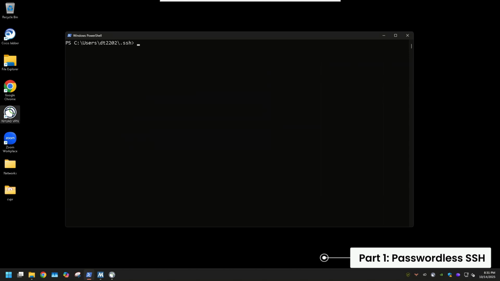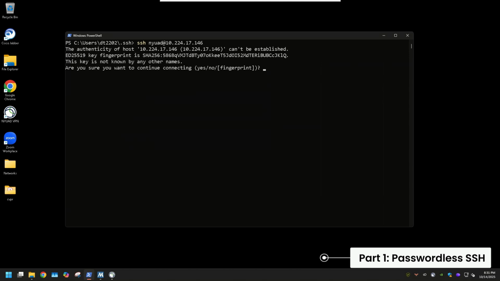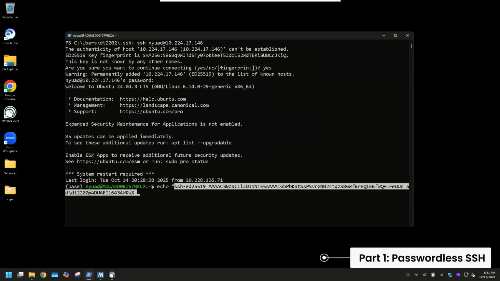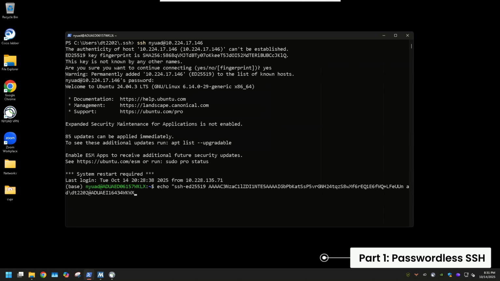So now the next step is you have to SSH into your remote system. So SSH into it. Hopefully this is for the last time after you set everything up. So after you type in your password for the remote system, here what you need to do is you need to type echo and paste the line here, only the public key, and then type in